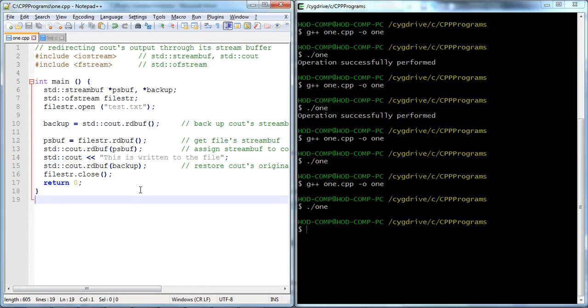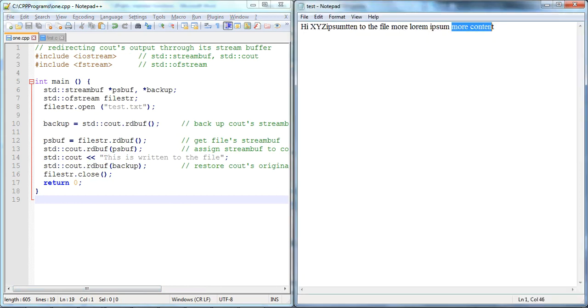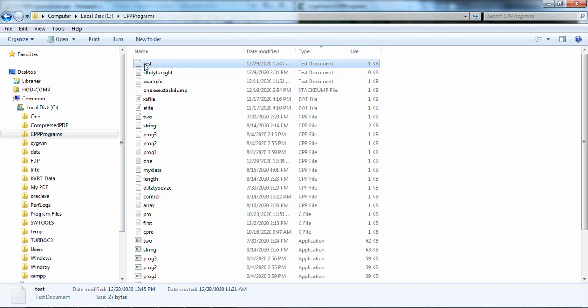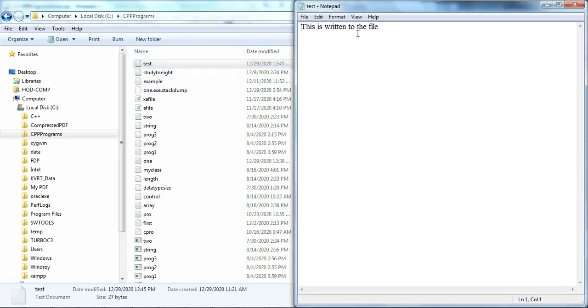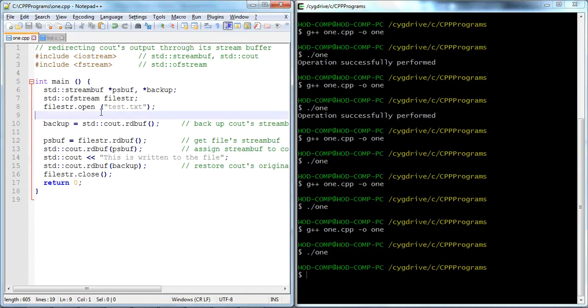When we run this code, okay, then if we check the file, it's more content. Now we verify the file, and this is written to the file. It cleared all the data. Why? Because when we open the file, it clears all the content, and it simply writes the new content from the starting point.